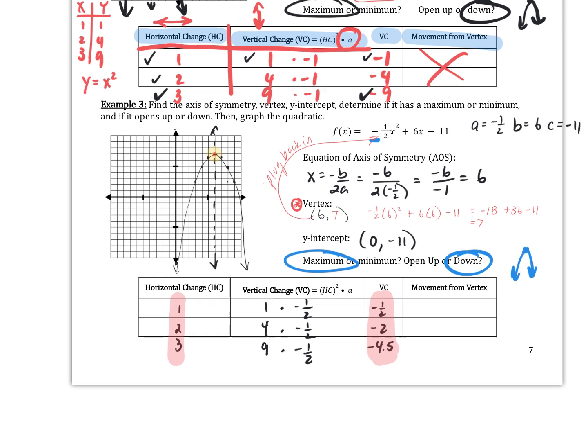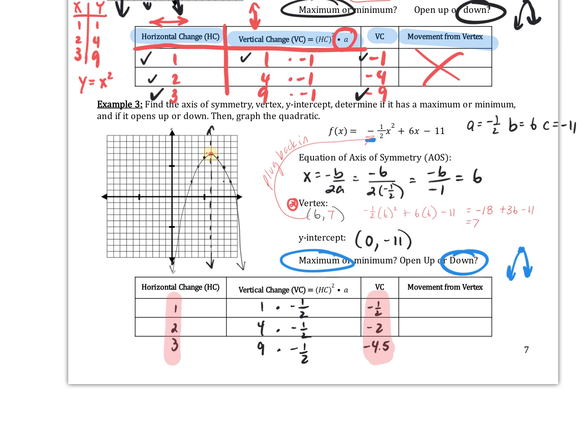All right, if you have any questions, let me know. Again, now you're going to go back and take the information that you've already solved on that worksheet and show me what it looks like on the graph. All right,